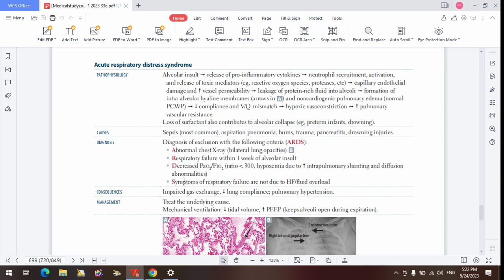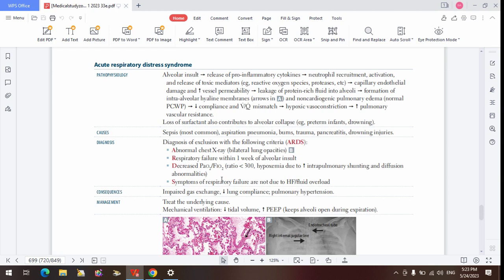So what else can we also do? That's the D. The D, decreased PaO2 to FiO2 ratio. So, Dr. Zuliat, someone that has acute respiratory distress syndrome, what do you think will happen to the fraction of inspired oxygen, FiO2, the fraction of oxygen in inspired air? What do you think will happen to it in acute respiratory distress syndrome? The fraction of oxygen in inspired air is going to be the same thing.